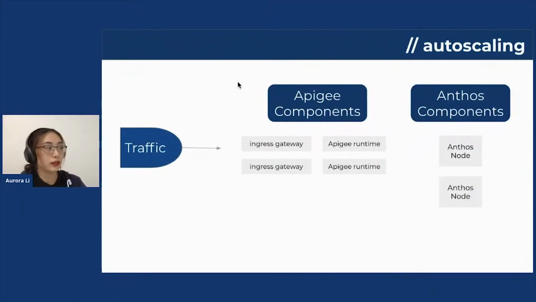So regularly, there will be traffic coming into your Apigee components. So we do have ingress gateway and Apigee runtime, which is handling all the API calls. And to support these Apigee components, you also have Anthos cluster components, which are mostly VMs, so Anthos nodes. So on a regular day, you have, let's say, 2 ingress gateways and 2 Apigee runtime. That's more than enough for your regular traffic. And you also have 2 Anthos nodes that's supporting the whole Apigee runtime platform. But suddenly,